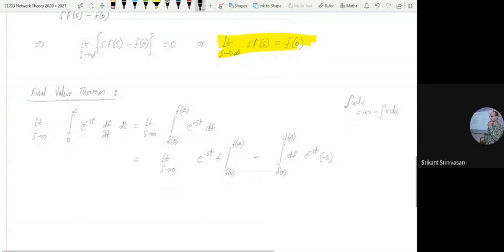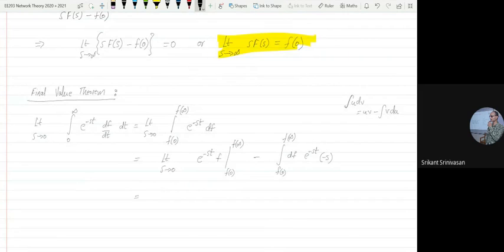And then if you were to solve this, probably you have to somehow get the final value theorem. Okay. So if I put limit as s tends to 0 for this whole term, then what you can see is that as s tends to 0, this becomes 1. Okay. So now you basically have to find the final value, which means that is f(infinity). Okay. And if I put limit as s tends to 0, this e power minus st also vanishes, but I have a minus s. So this minus s will come out, and there